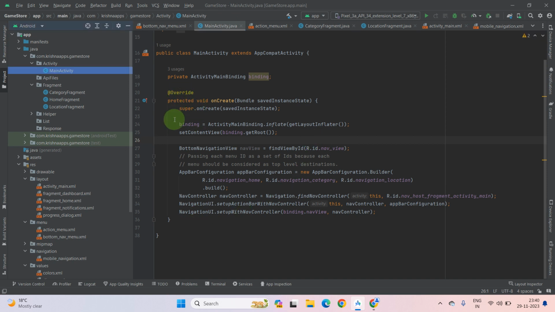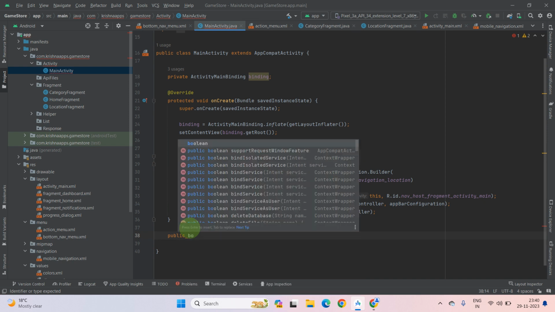Write your code outside the onCreate method, press enter, and after that you have to create onCreateOptionsMenu. This is an inbuilt function, you just have to write it. Your method should be public, not private. Okay, let's write public boolean